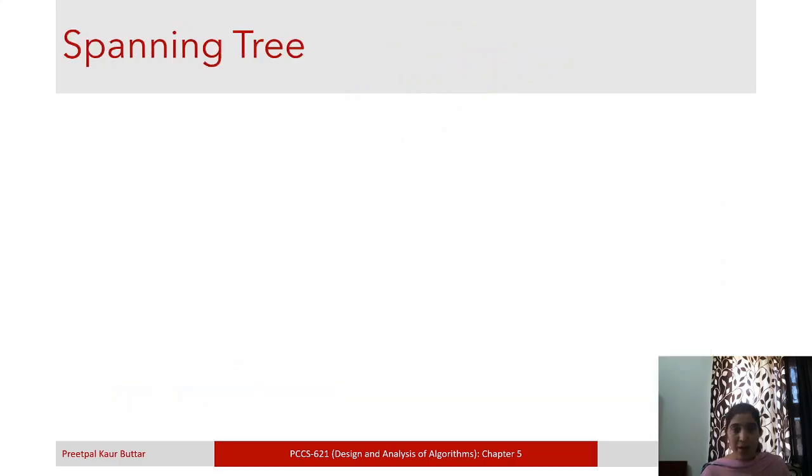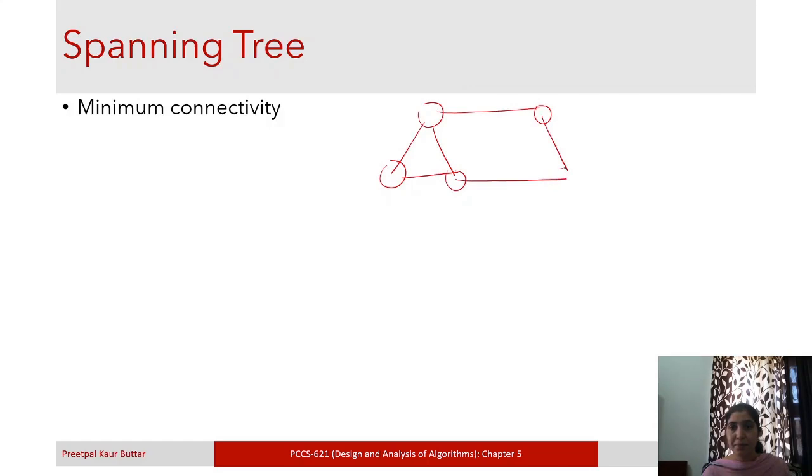So spanning tree means minimum connectivity, means if you have some graph like this, suppose these, let me label these nodes A, B, C, D and E. Okay, so is this minimally connected? No, this is not minimally connected.